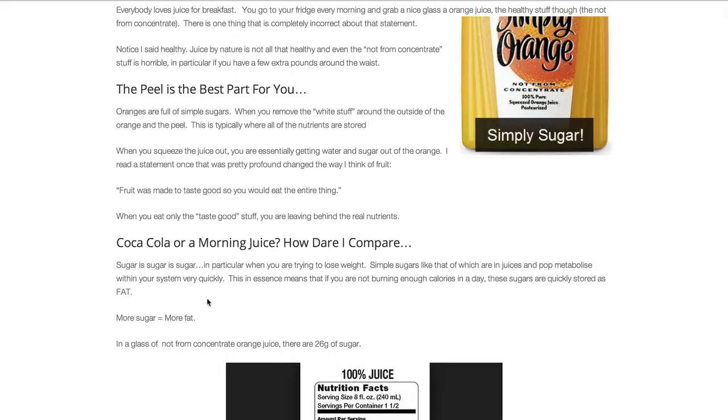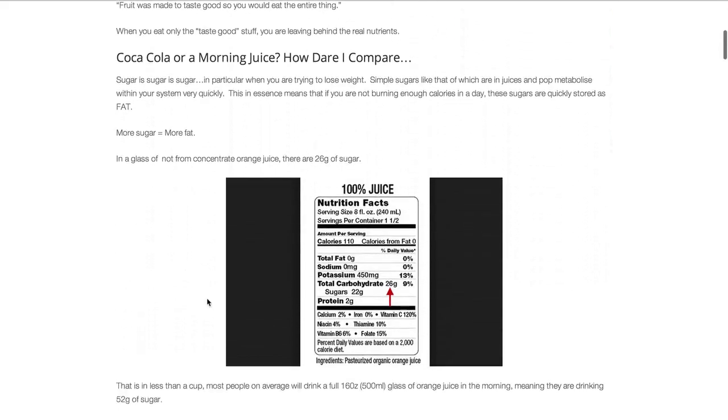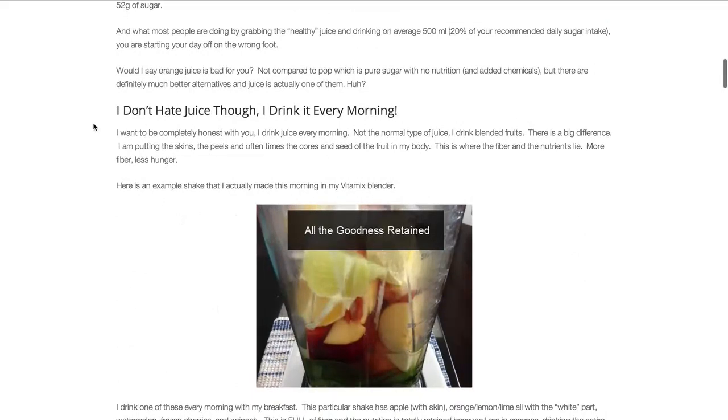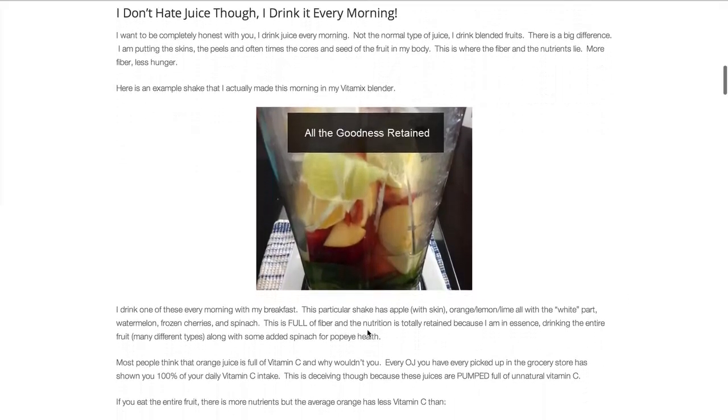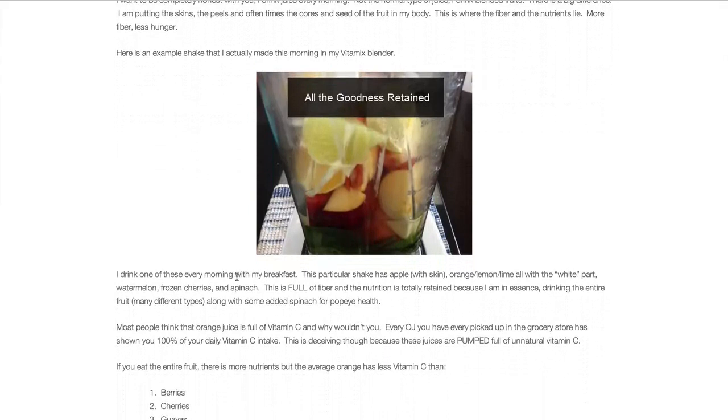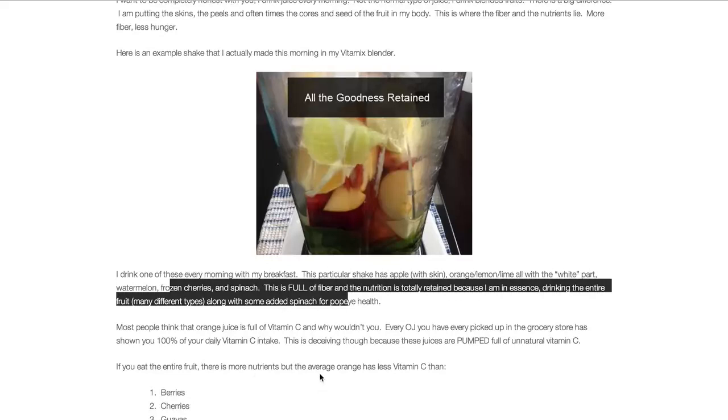Even though I'm saying that Simply Orange juice isn't probably the best thing for you, down here I explain how I have a Vitamix shake every morning in a blender, which is called a Vitamix. So this is definitely something I could break out into a product review, and from this actual content I could link off to my centralized product review, because Google and other search engines don't like it if you start dropping affiliate links all over your content,